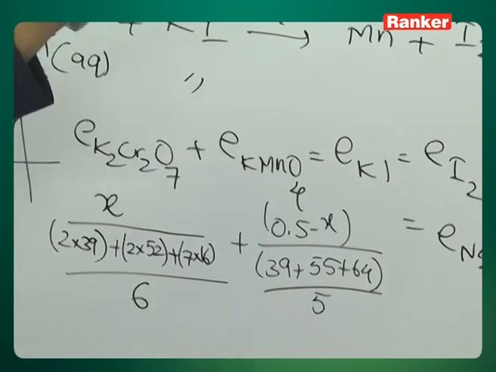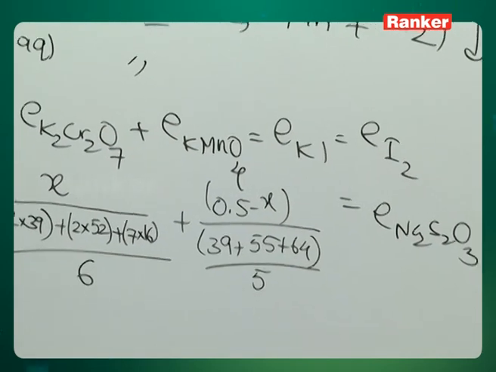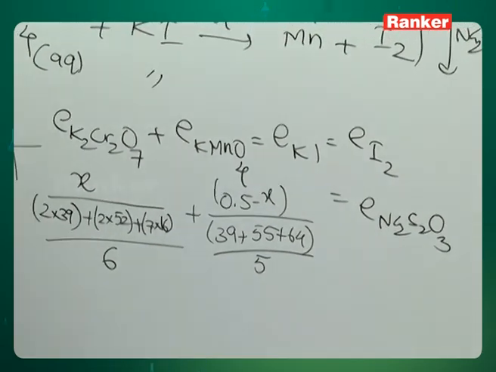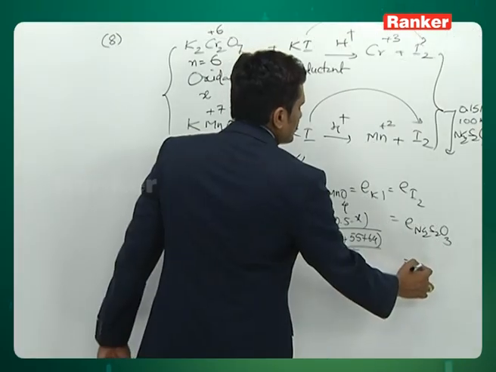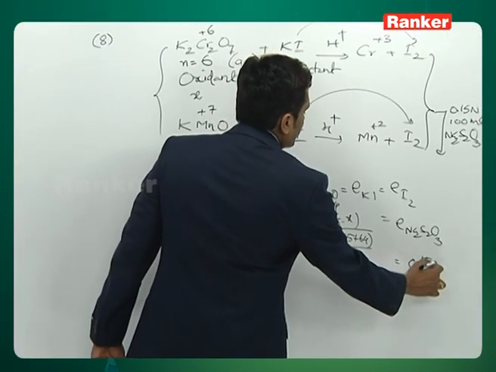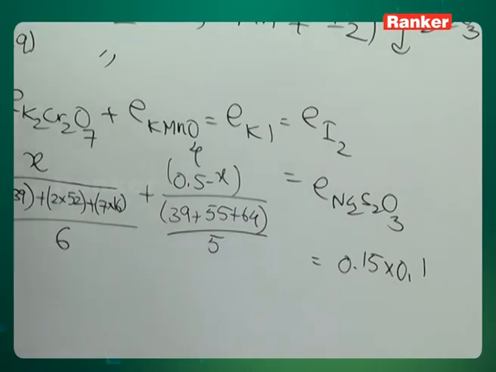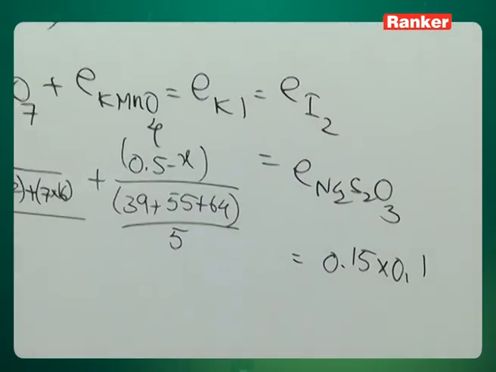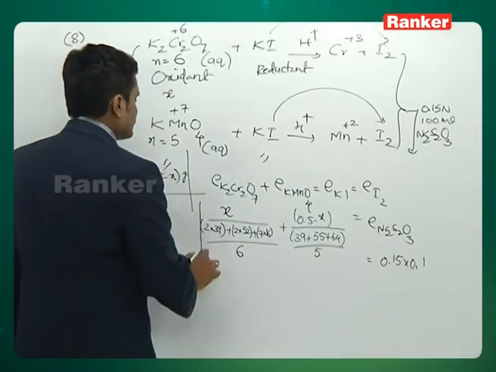But on that side you had been given information regarding normality and volume. You can use it to find the gram equivalents: normality into volume in liter. So 100 milliliter, that is 0.1 liter. So now by solving this expression,